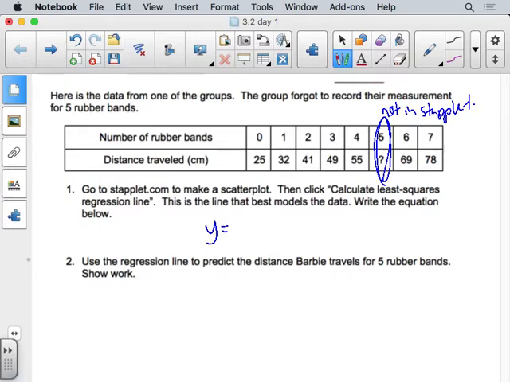y equals 25.333 plus 7.464x. You wouldn't get it wrong if you put 7.464x plus 25.33. The reason it's written like this in statistics is because we don't do this in this intro to statistics, but